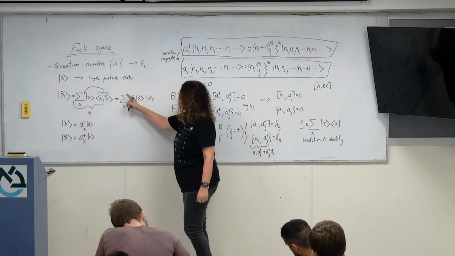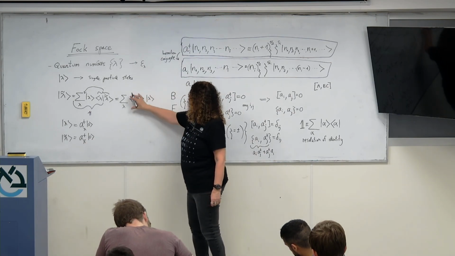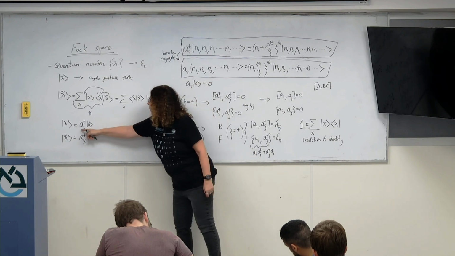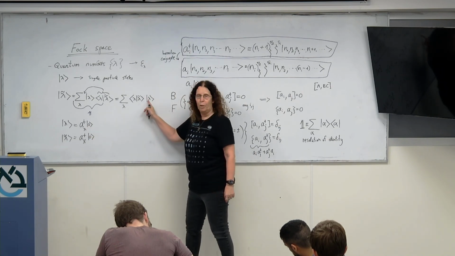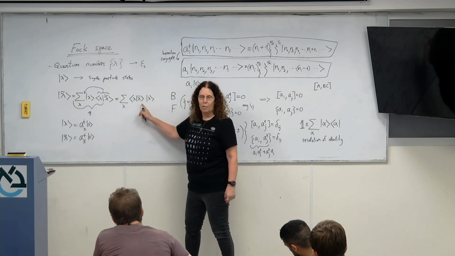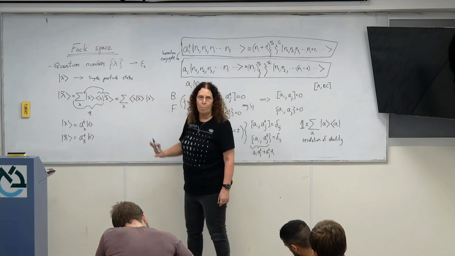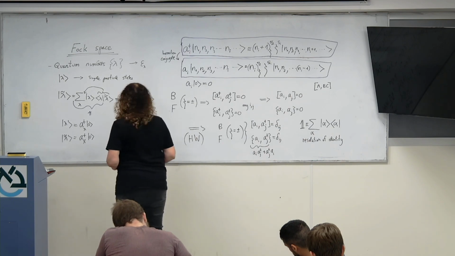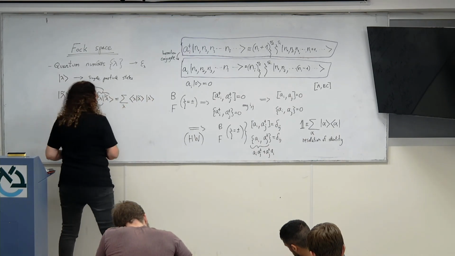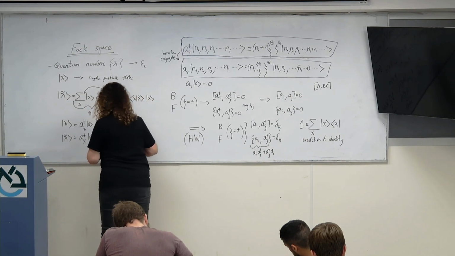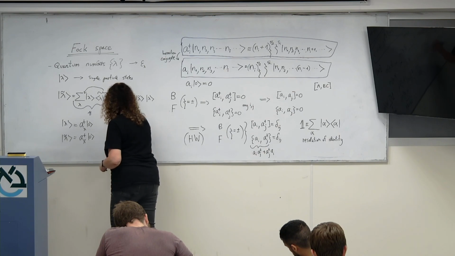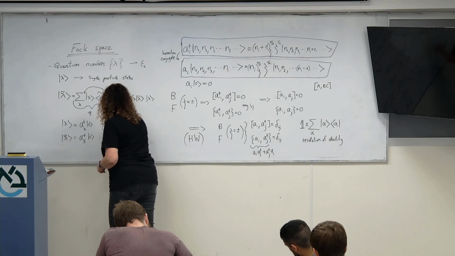On the right, I only have to plug it in here, because this is already a number. So I leave it as it is. It's a number, it's not an operator. So you can easily convince yourself that we get